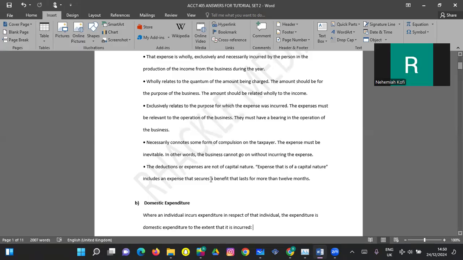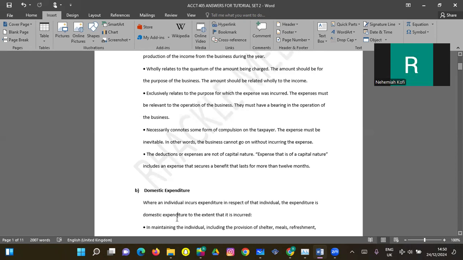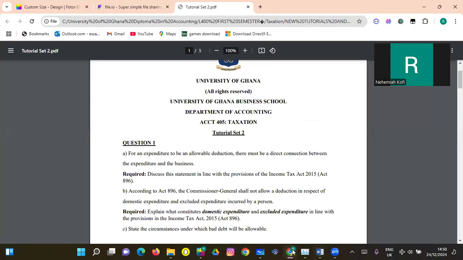Good expense secures a benefit that lasts for more than 12 months or 1 year. All right, so that is it for A. Let's go to B. So B is saying that according to the Act 896, the Commissioner General shall not allow